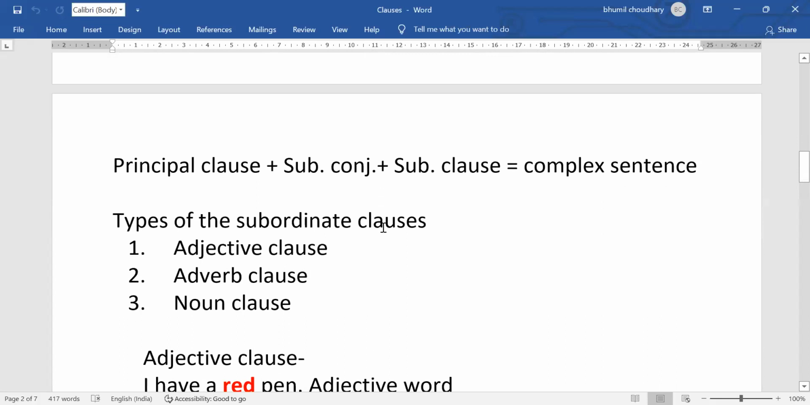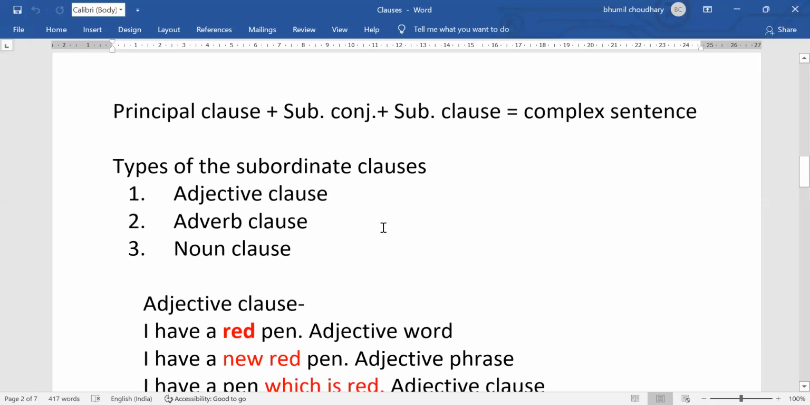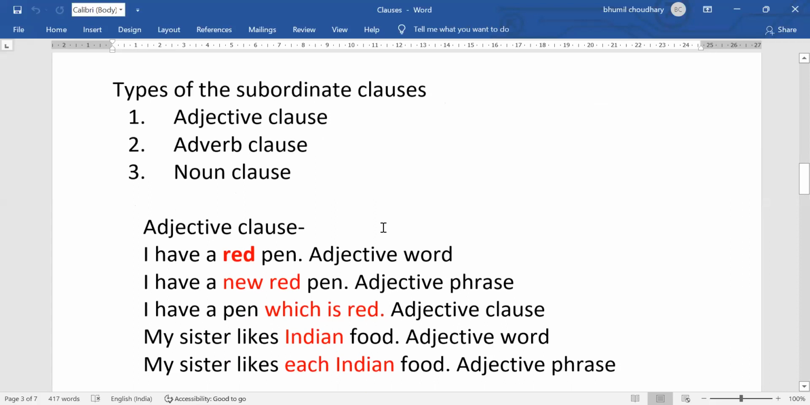Next, types of subordinate clause. So dear students, in this lecture basically we are going to understand the types of subordinate clauses, right? So there are three types of subordinate clauses. First is adjective clause, second is adverb clause, third is noun clause. Adjective, adverb, and noun clauses. So three types of clauses are there, right? This point we are going to understand